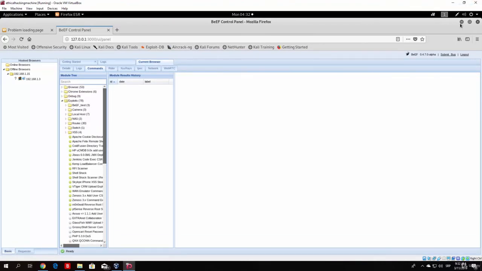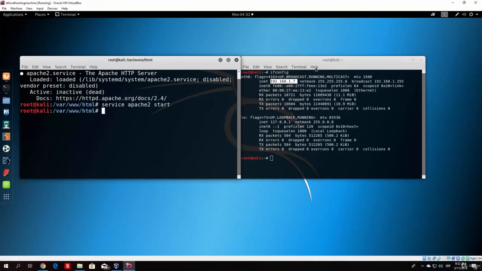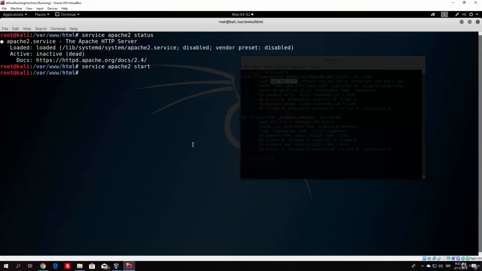Now, you might be asking right now, so what is the point? You need to get someone to type the IP address of that machine in order for it to load that page and in order for it to hook to our BeEF framework. Now, that's where the man in the middle comes in. Let me show you. So let's go to the man in the middle,